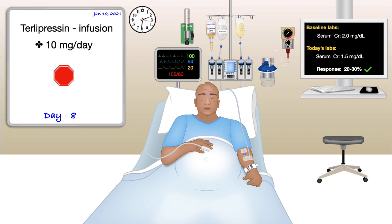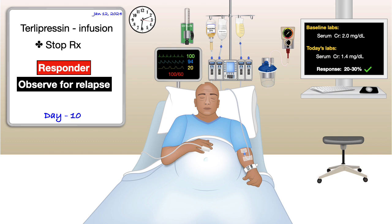And you continue at 10 milligrams per day, and you say that it responded, and then you stop treatment and continue monitoring the patient, because these patients can develop relapse. So you need to closely monitor these patients. And once they get better of hepatorenal syndrome, they are likely to relapse. So these patients should also be on the transplant list and